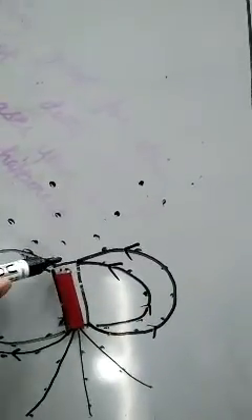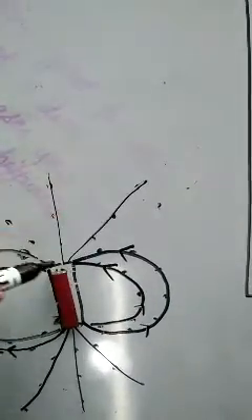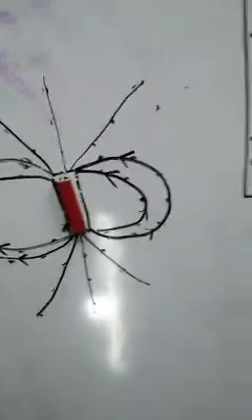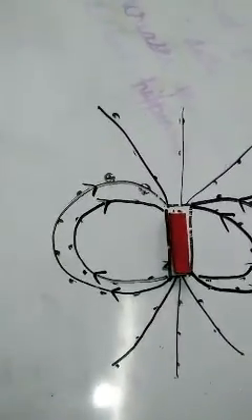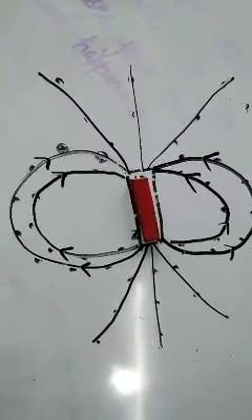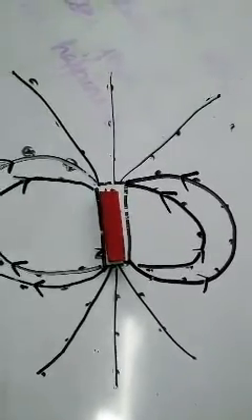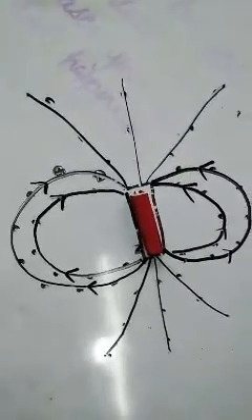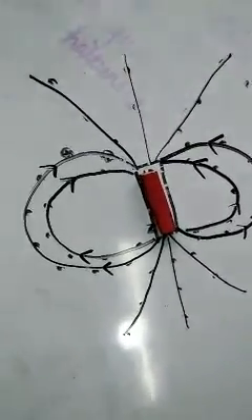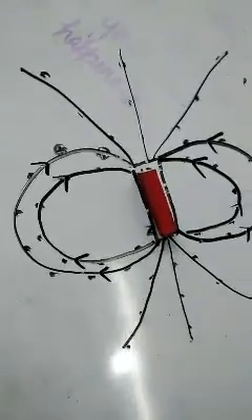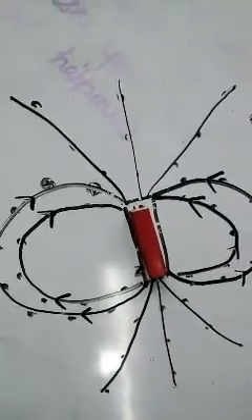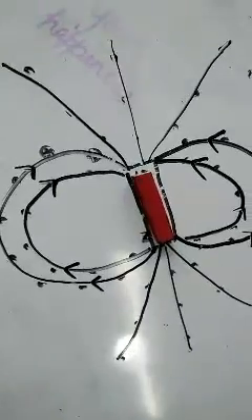See the arrow mark. These are the points I am making like this. So these are the lines of force you are drawing around the magnet. Check it carefully. Now see this, the diagram is there in the textbook also. If you are not able to understand, just tell me.